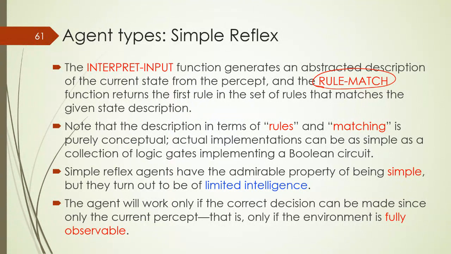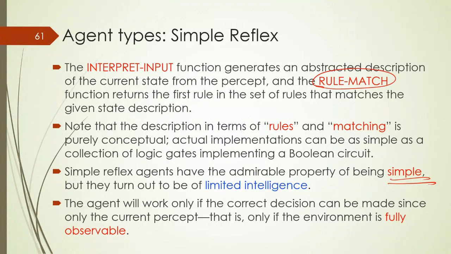Okay, simple reflex agents have the admirable property of being simple. That might be good, you know, things small. And you look into nature, many creatures might have that simple sort of intelligence,